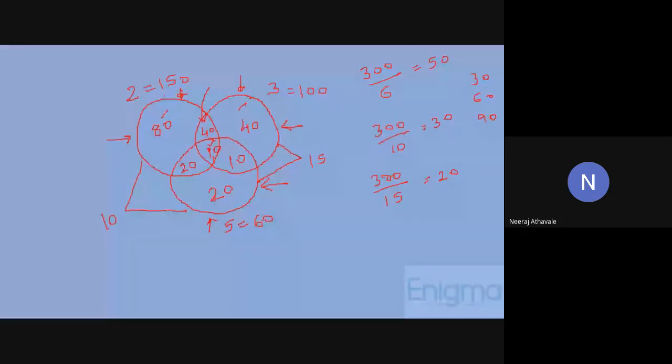Okay, so basically now we have to add all these numbers individually, 80, 40, 20, and these common numbers as well. Okay, so that addition comes out as 220, and the total numbers available are 300. So zeros get cancelled out. You can reduce it to 11 by 50. Okay, so in this way you can get the answer.